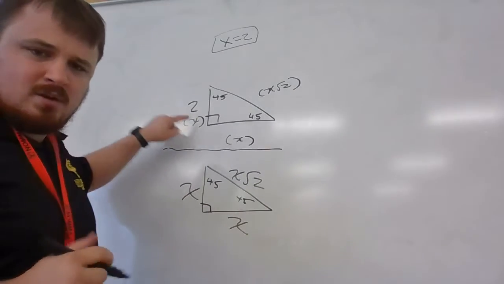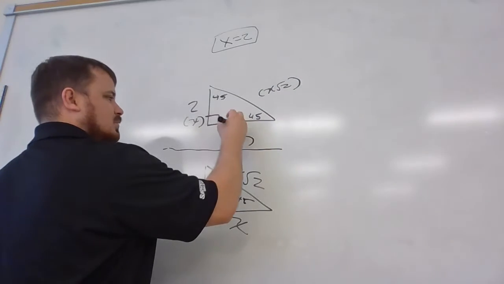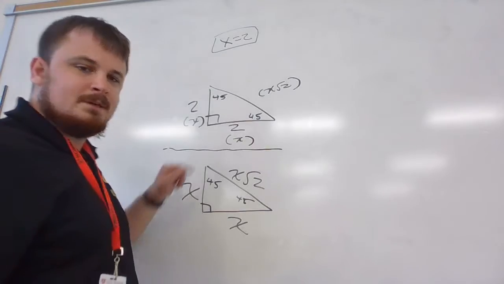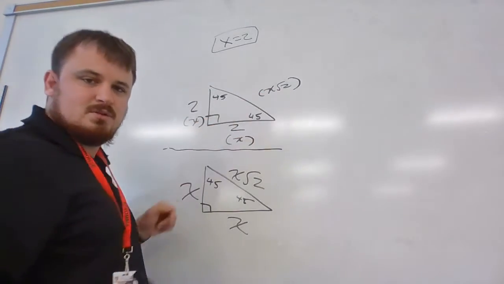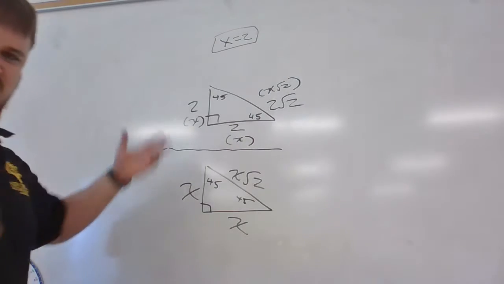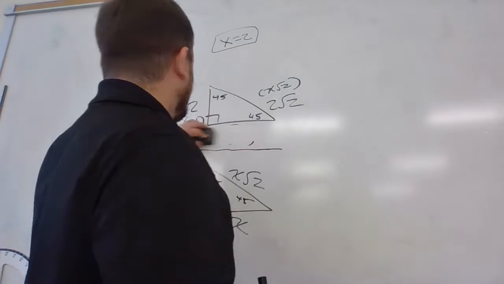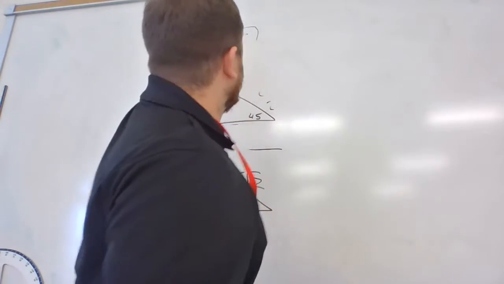So now let's just plug in what we know. Well, this side is X, and X equals 2. So this side is 2. And this side is X times root 2. So take this, it'll be 2 root 2. There we go. We just solved every side. That simple. Now, what would we do